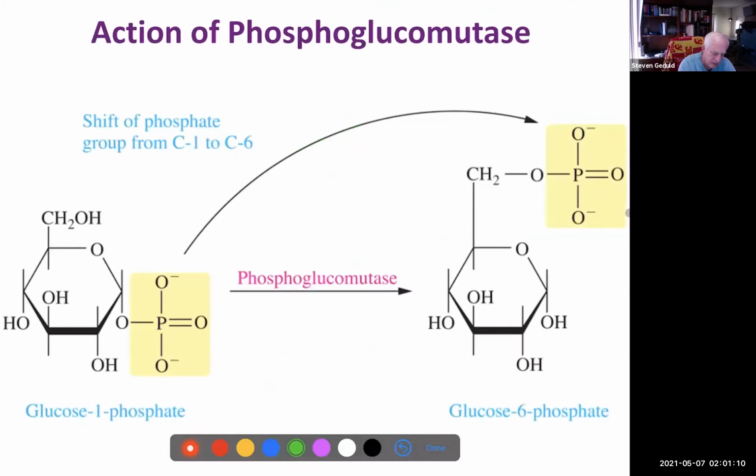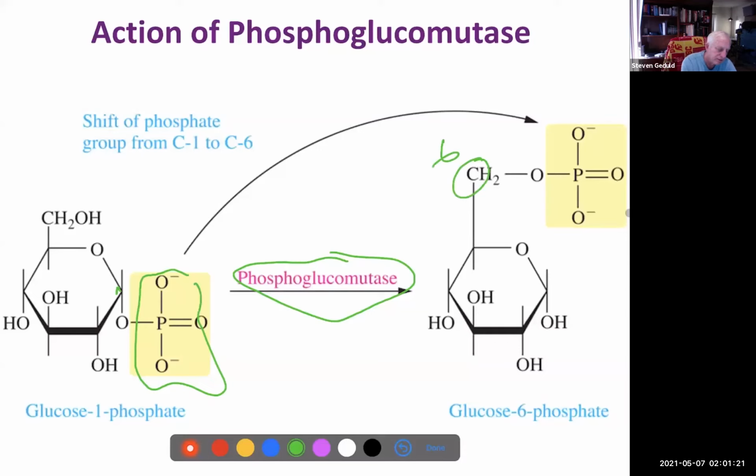Okay. And then glucose 1-phosphate goes to glucose 6-phosphate by phosphoglucomutase. So it takes your phosphate group and moves it from the number 1 carbon to the number 6 carbon. So you break down the glucose on the chain, the branch, you break that off, you end up with glucose 1-phosphate. Then with phosphoglucomutase, you convert that to glucose 6-phosphate. If you break it down from the branch by separating the branch from the main chain, okay, then you get